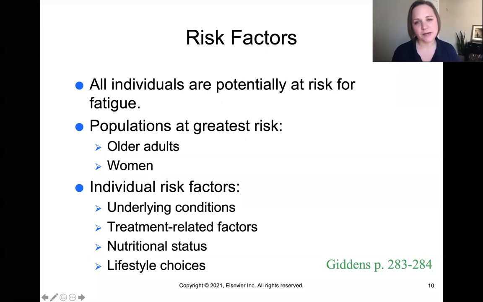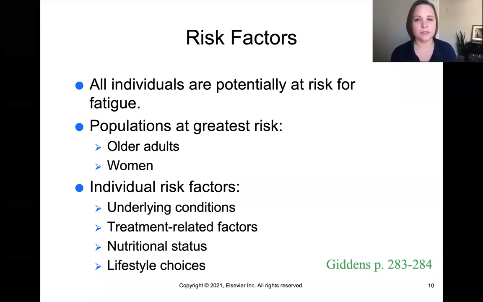Now, in terms of risk factors, the older adult population are more at risk for persistent or nagging fatigue or severe fatigue, and that's just due to the physiological changes that happen with aging. Women were the other population noted at greatest risk. Oftentimes, they think it may be more of a socially acceptable thing to acknowledge fatigue for women rather than men, which may have skewed the numbers on why that becomes a risk factor. And in terms of individual risk factors,